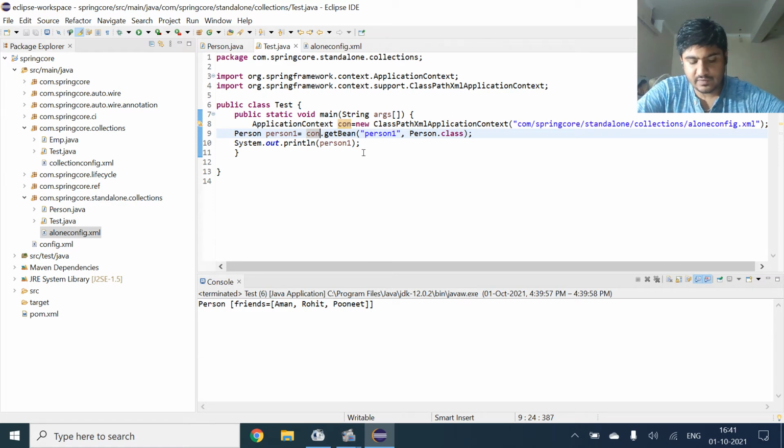Now we just want to check whether it is a linked list or not. For that we will do the print command.